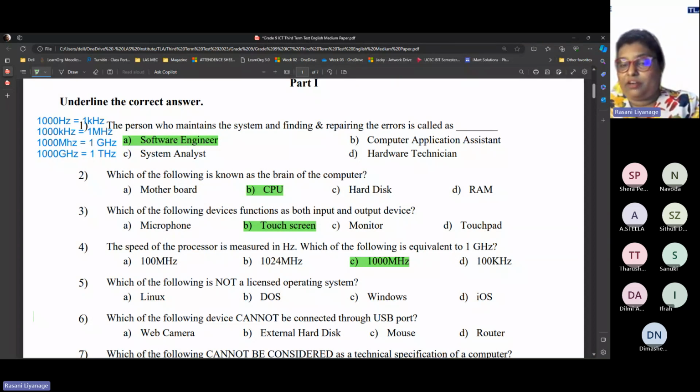There's a direct answer, but remember, before Windows came, DOS was the licensed operating system for these Windows-based computers. The computers which have Windows right now were running on DOS before this GUI came. So DOS is also a licensed operating system. Even now it is licensed, but we get it for free. The reason is it has a GNU license, a general purpose license, which is open for anyone to use.